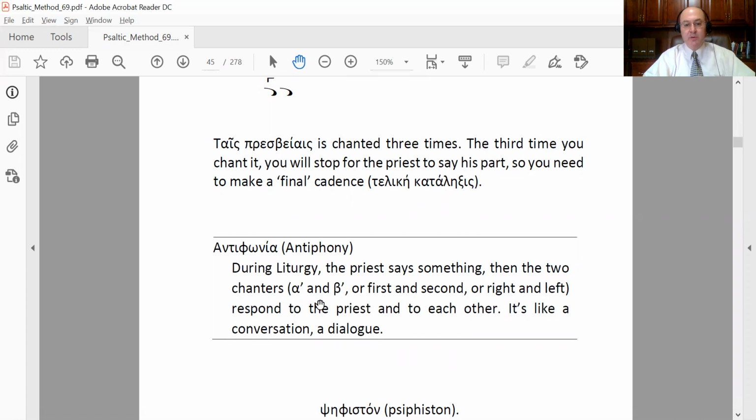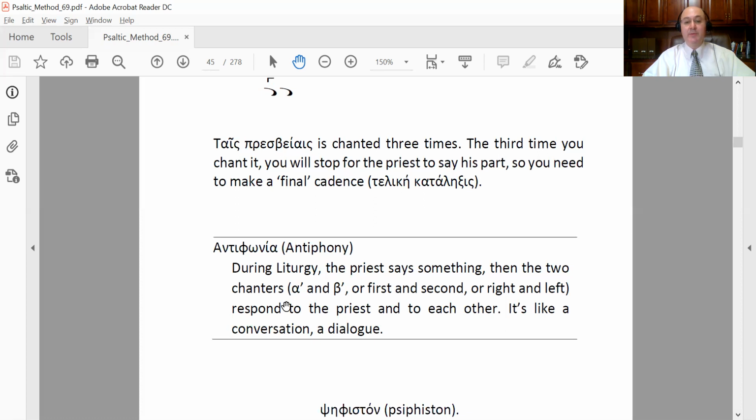By the way, in Greek language, when you see a letter with an accent, an oxia like that, that letter usually means a number. So alpha is the one or first. Vita is number two or the second. So sometimes in liturgical text, you're going to see alpha oxia, vita oxia. Basically, they mean the first and the second chanter in the